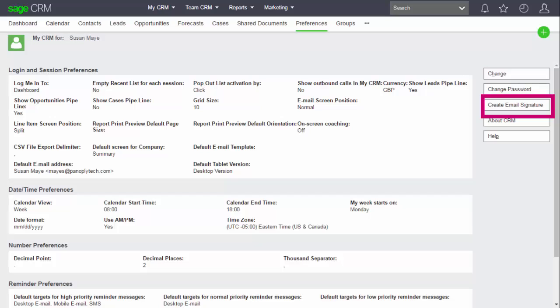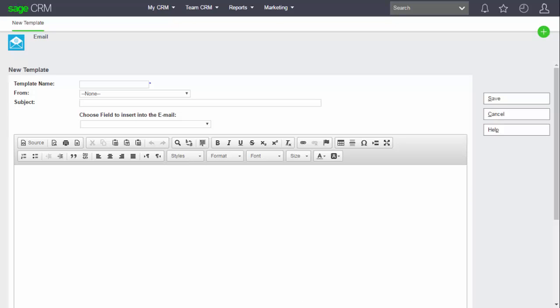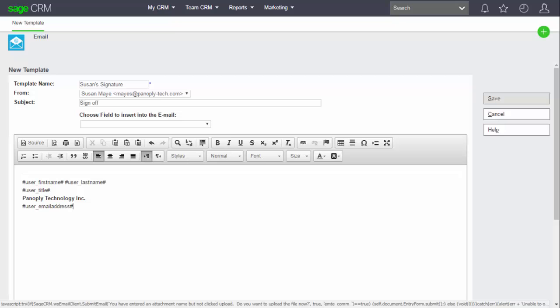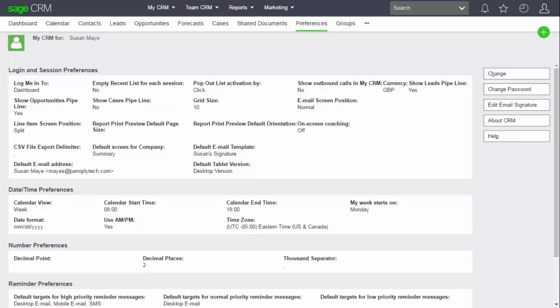And if I click to start creating the signature, you can see that the email template can be personalized. So we can drop in merge fields, and then when we save the template, we can then see it being used.